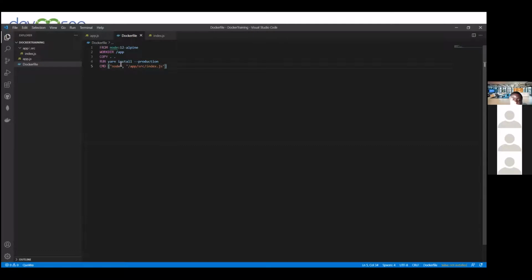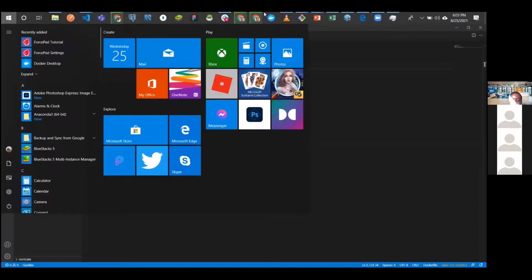index.js. But if yours is not like that, let's assume yours is SCR, that means here too will be SCR. So after you've done this, the next thing you do is go back to your, you can